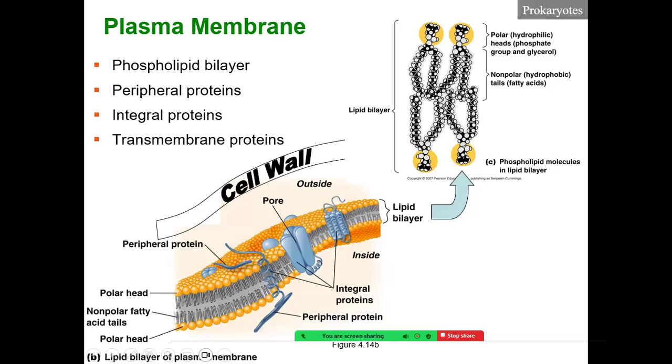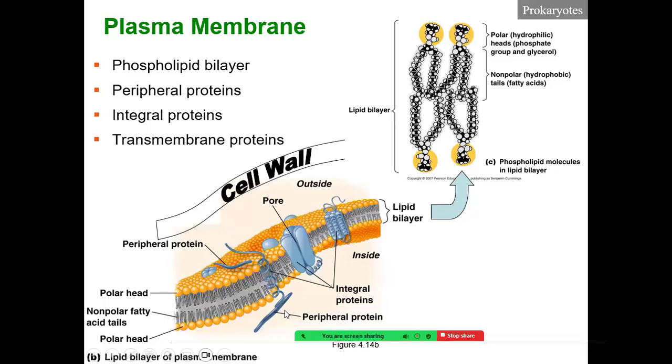The plasma membrane has other molecules inside of it, including proteins. There are three different types of proteins we can find in the cell membrane: peripheral proteins, integral proteins, and transmembrane proteins. Integral proteins and transmembrane proteins are proteins that span the entire membrane. Like this looks like a channel protein, allowing things to come into and out of the cell, and it's an integral protein. A transport protein would be a transmembrane protein, and it'll pump molecules either inside or outside the cell. My point is it's spanning the membrane.